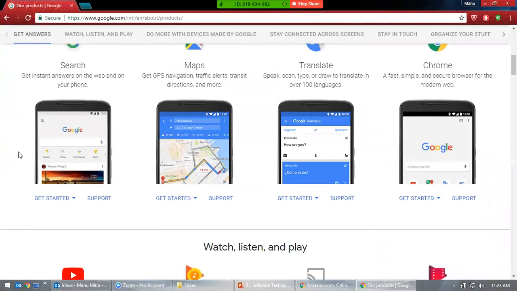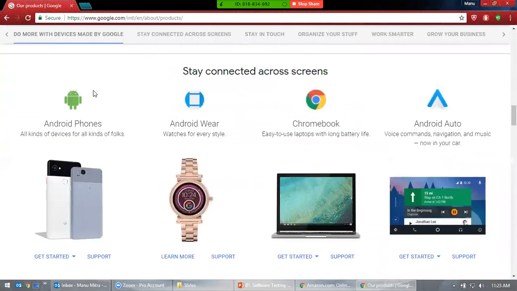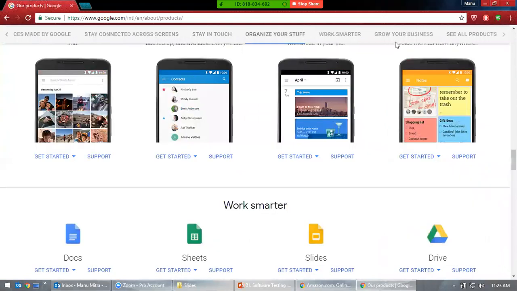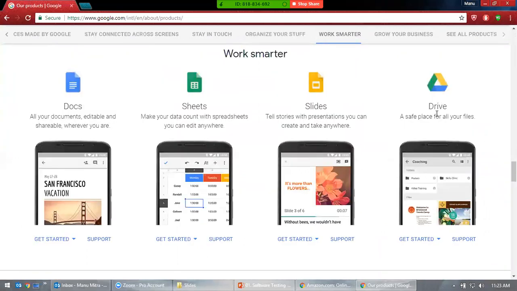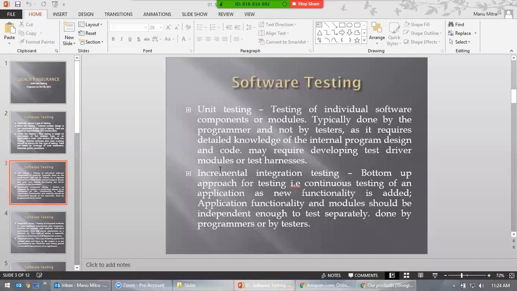Now this is a good place to integrate it because it consumes a lot of space here. That's why they wanted some small specific module. So this is called incremental integration. That means they keep on adding new things day by day, and you keep on testing. You need to test this. Is this web page working? Is this Google.com working? It's good. Is it working? Not. So you have to keep on testing, and they keep on adding new products day by day. So that's called incremental integration testing, the continuous testing of the application as new features keep on adding.